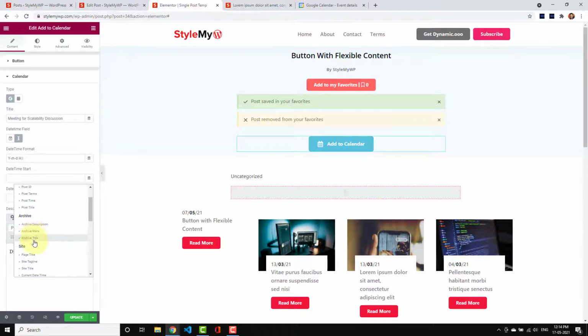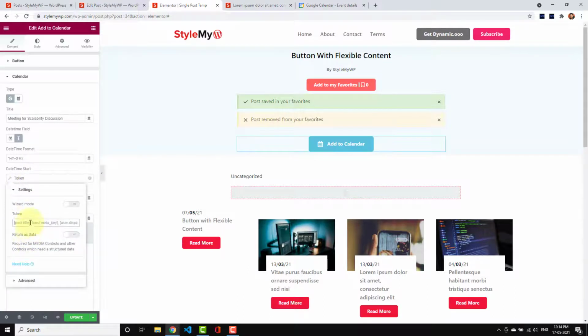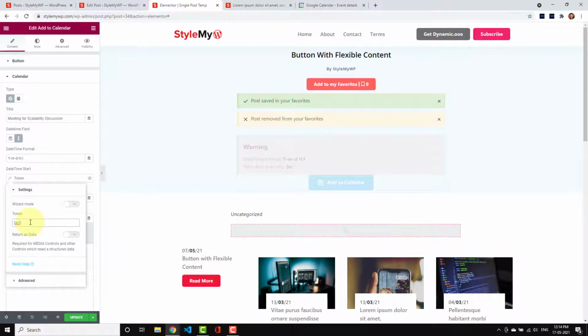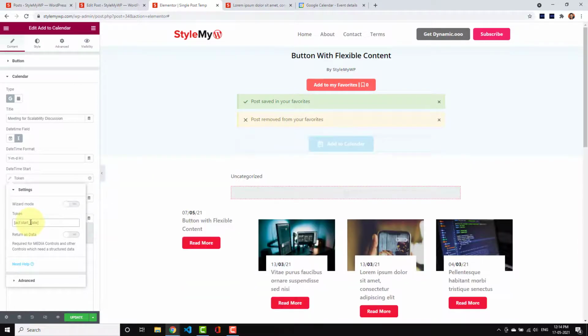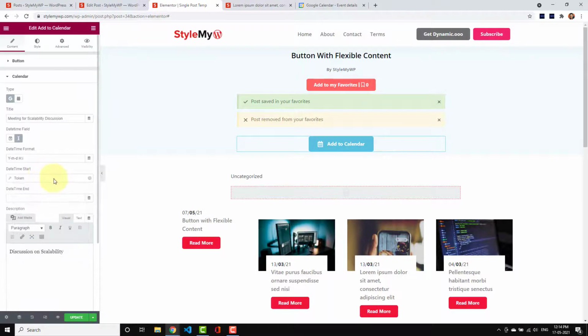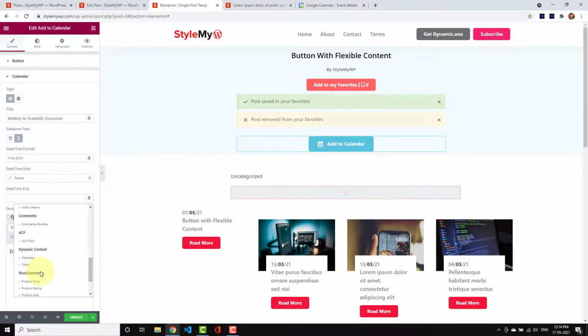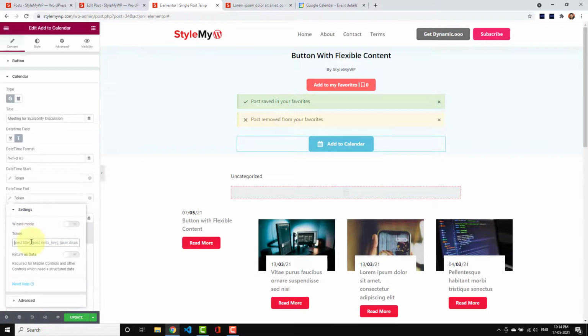In Dynamic Content we can find the token, and here just write ACF start date, and then you just need to copy this and go to the token, this as well, and paste it here. And here it is, the end date.